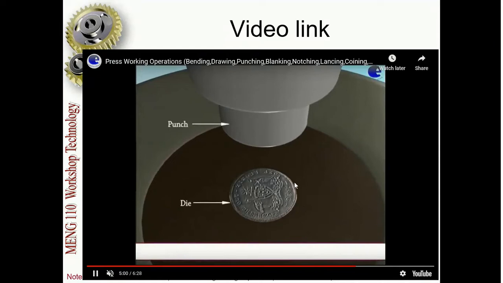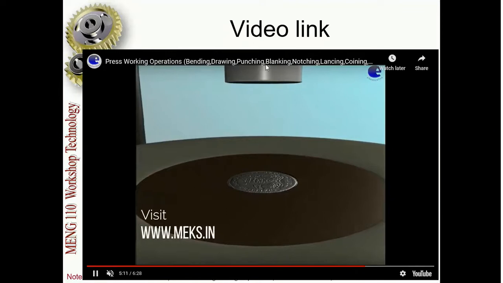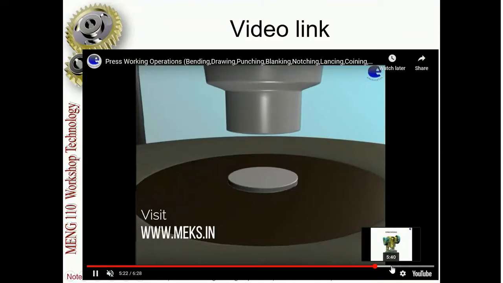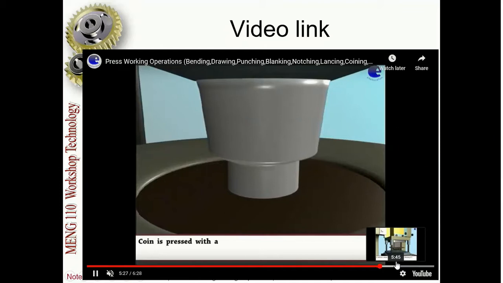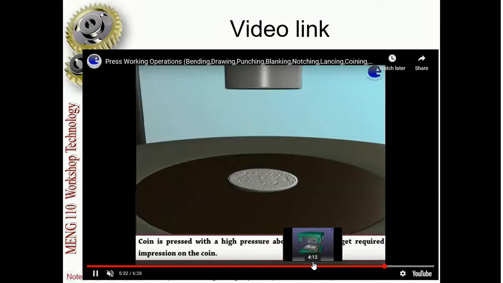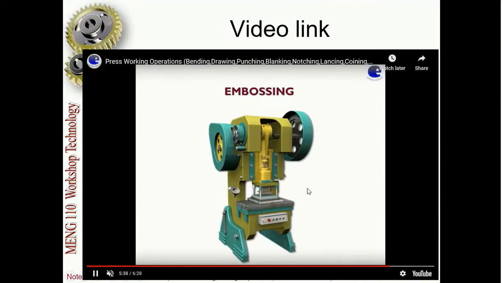See, this shape is like stamping. On a stamp, everything is written on the stamp. When we put it on the paper, everything gets inked on the paper. Similarly, everything is printed here. When we punch on the coin, it will be imprinted on the coin. See, the shapes are done on the coin.